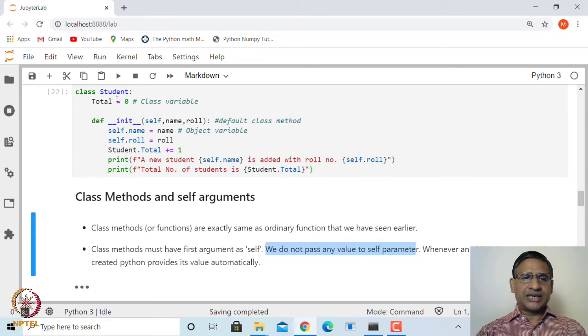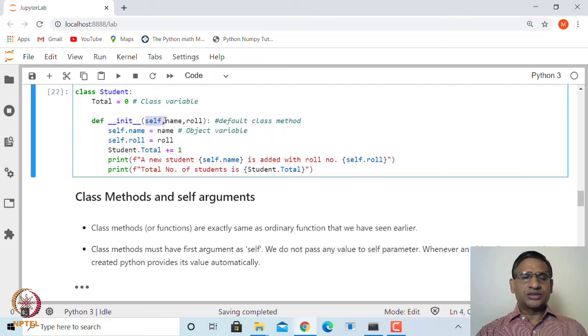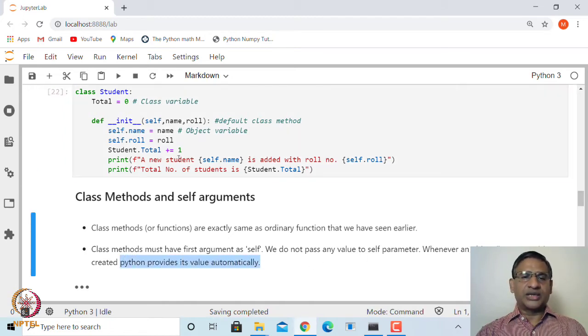So when we create an object, we do not need to say S1 is equal to Student and then in the bracket self. We simply give the name and the roll number. So whenever an object is created, Python will provide its value automatically. That is the role of self.name, self.role.